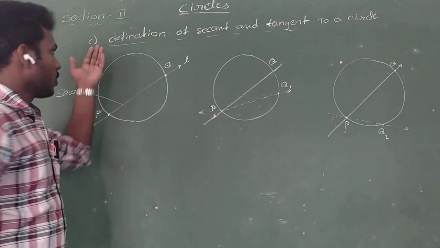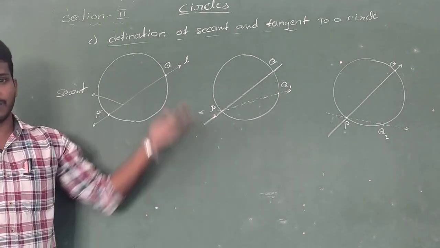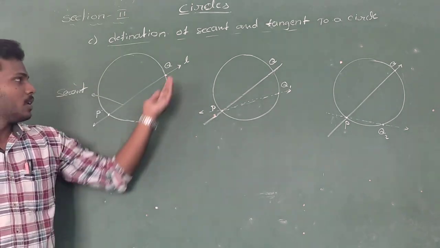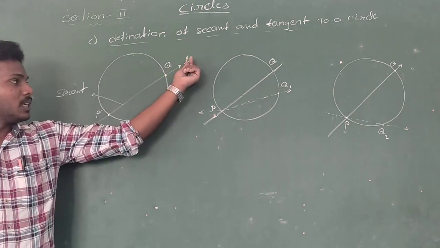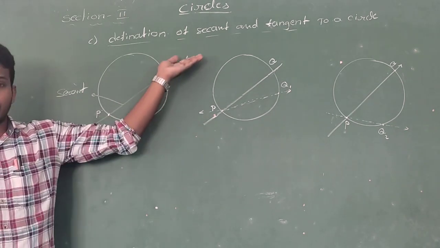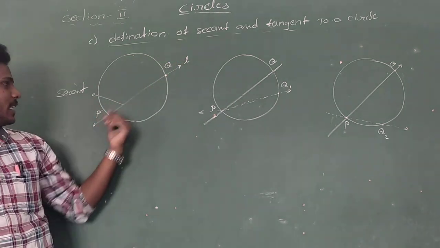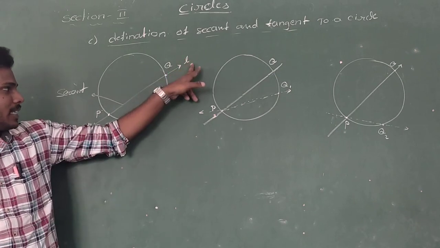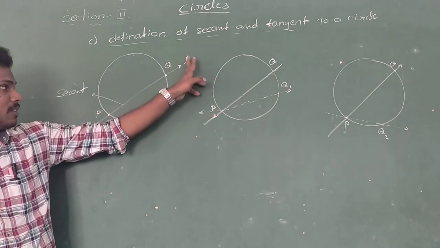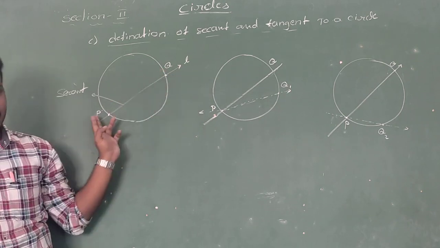Okay. The third point is the definition of a secant and tangent to the circle. So generally we know the definition. If a line is passing through the circle, or intersects the circle at two different points, here P and Q, and consider the line L intersects the circle at Q and P. So the line which is passing through the circle, whereas if a line intersects the circle at two distinct